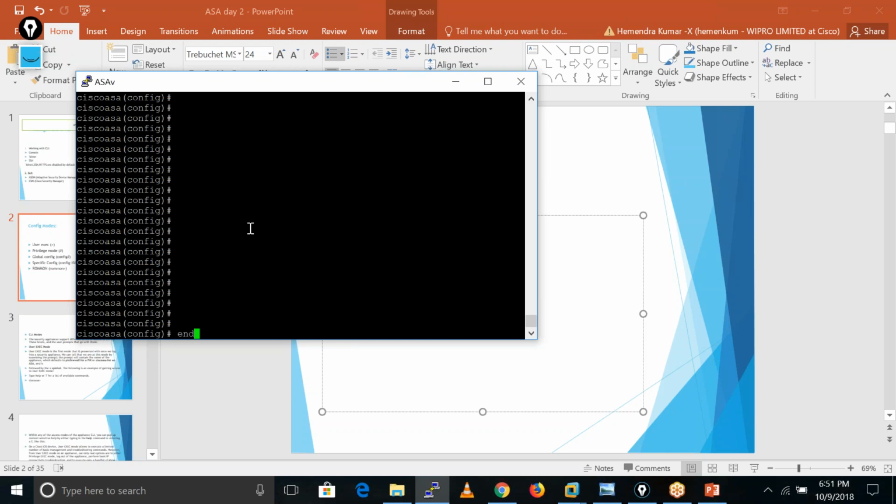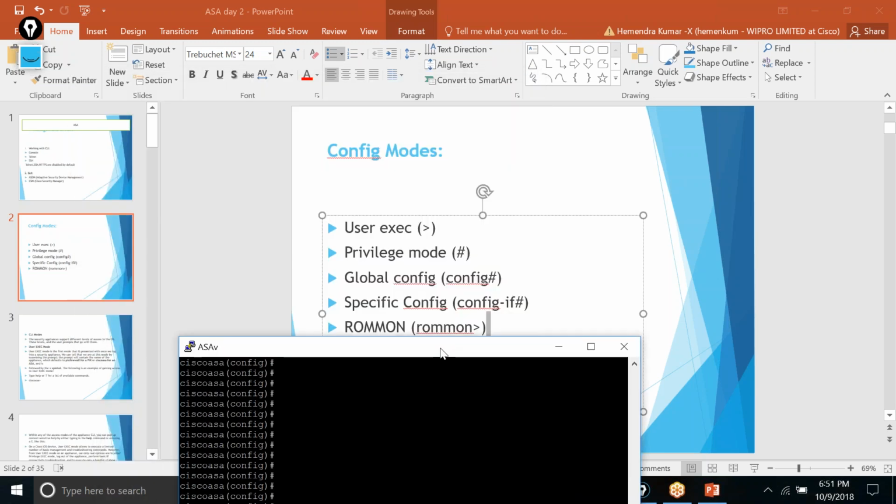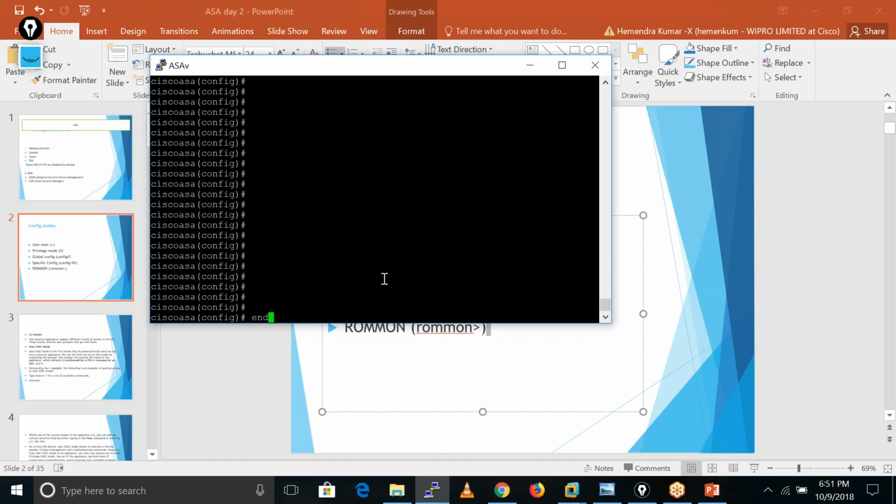If we directly want to go back to privilege mode, we always run the end keyword. Now you are in privilege mode. If you want to go into config mode again, you can type the full command configure terminal, or you can type conf t, which is similar to configure terminal.